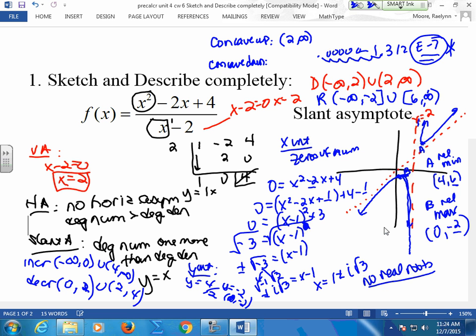My concave down, negative infinity to 2. Good. Shouldn't that also match my domain? Shouldn't they cover my whole domain? And my mins and my maxes should cover my whole domain. Okay. This one had a little bit more going on because we